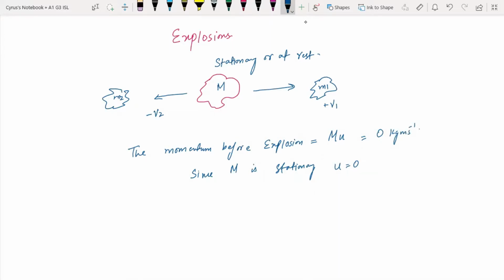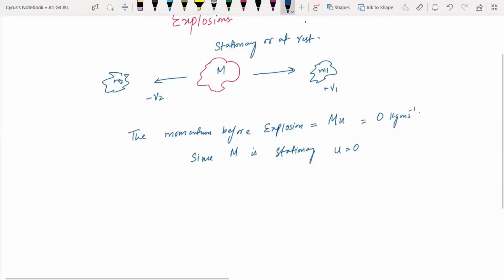अच्छा, उसके बाद since the momentum conserves for an isolated system,